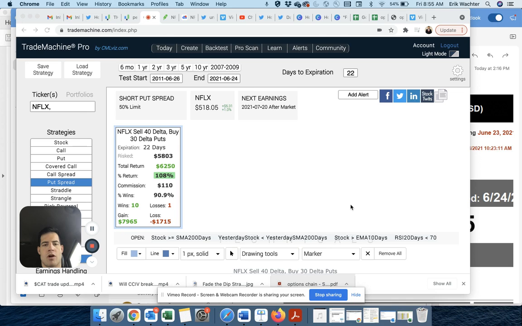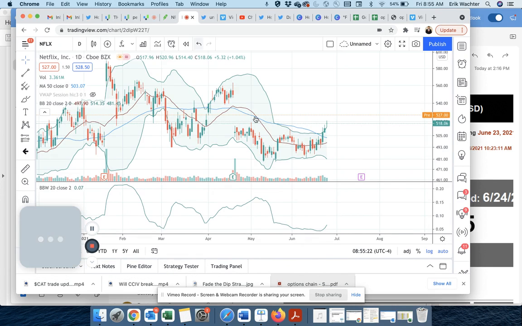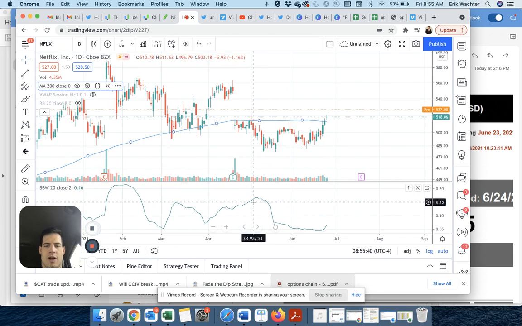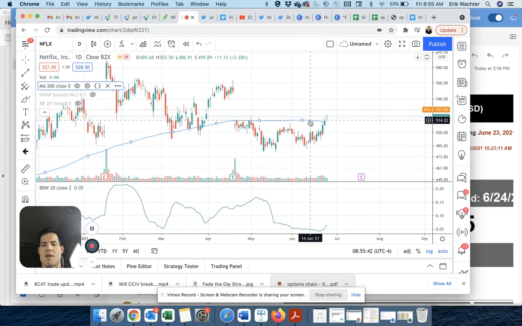So the alert was what's called the fade the dip alert, which means Netflix crossed up through its 200-day moving average. Let's minimize that. So this is the 50-day. Let me switch that to 200. Okay, that's the 200-day. You can see we were right below it 2 days ago, and then yesterday we